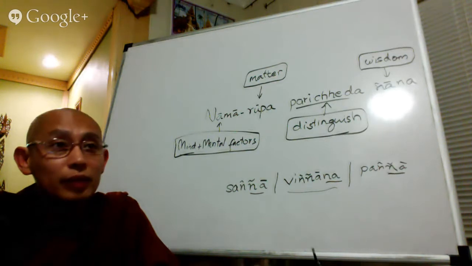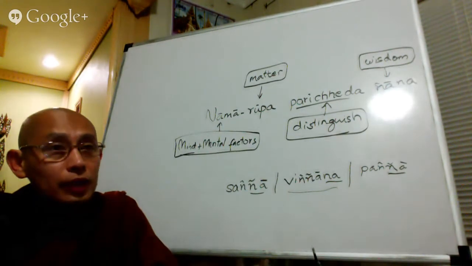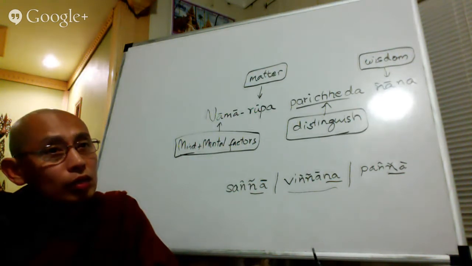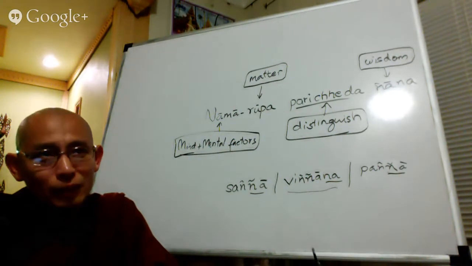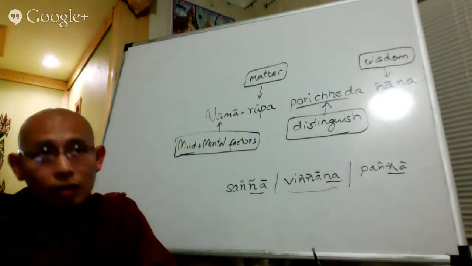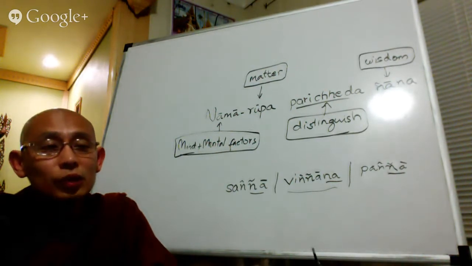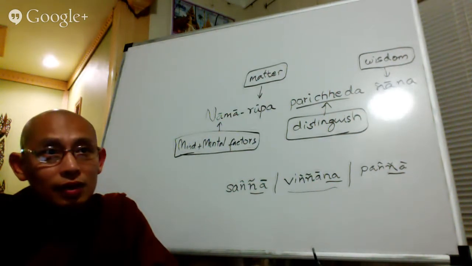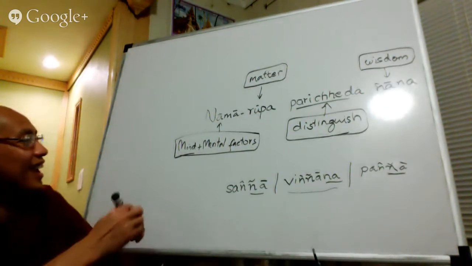We call it in Pali Kammassakata Jnana. Pali, law of cause and effect. Kammassakata Jnana. So even when we make donations, and even when we observe the precepts, 5 precepts, 8 precepts, or any kind of morality, when we observe, sometimes with wisdom, what kind of wisdom? Basically, Kammassakata Jnana.